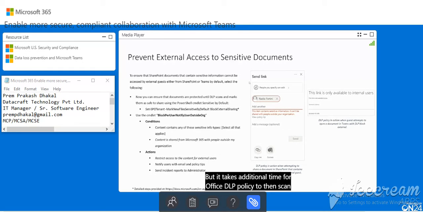Then it takes additional time for the Office DLP policy to scan and apply the rules to help protect sensitive content. If external sharing is turned on in this scenario, the sensitive content could actually be shared and accessed by your external users before the Office DLP rule can finish processing, right? And that's a challenge. However, now you can ensure that the document